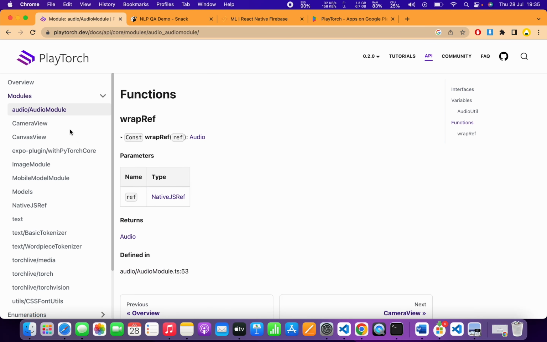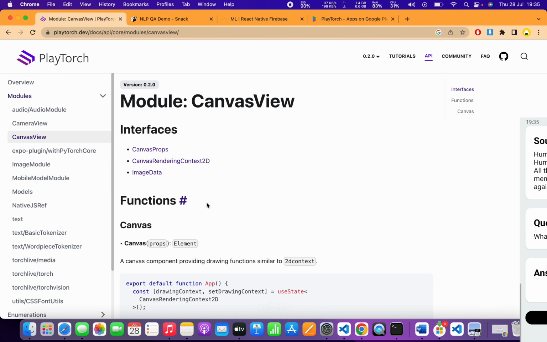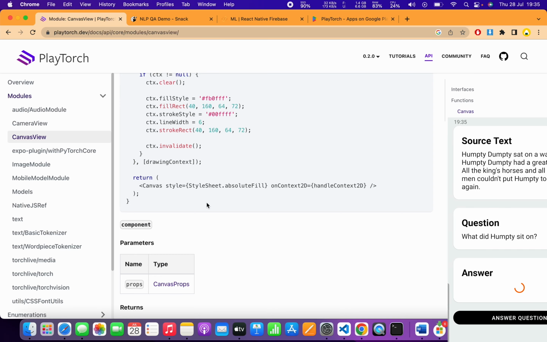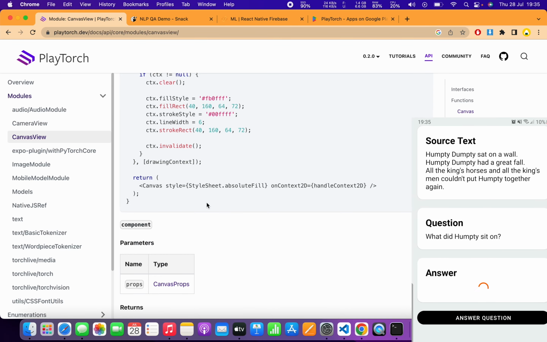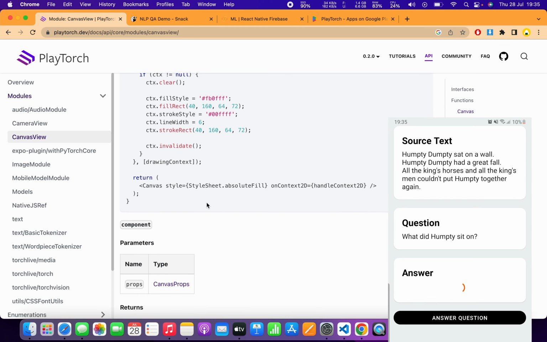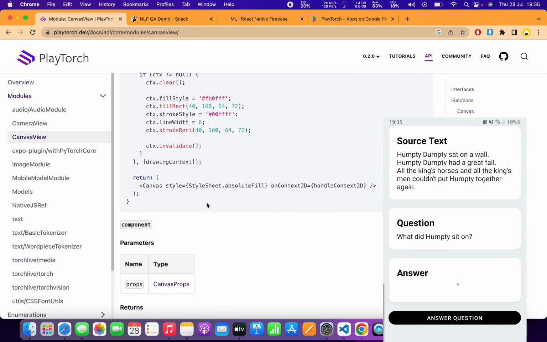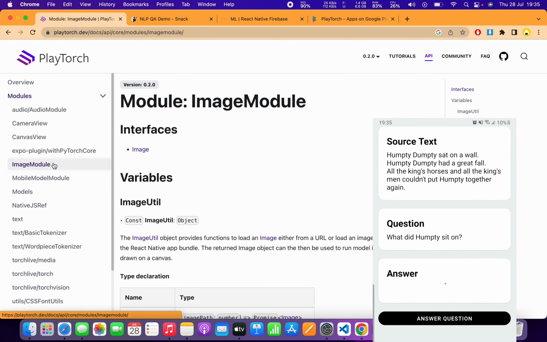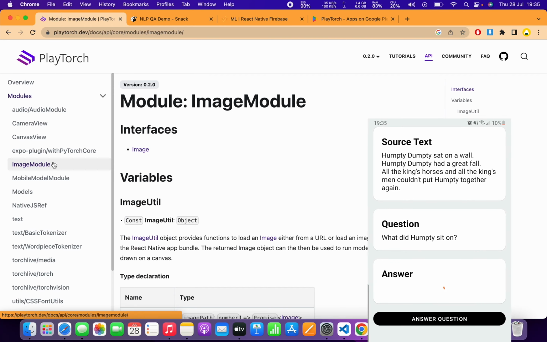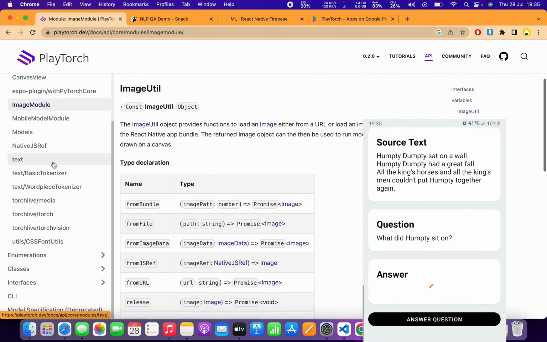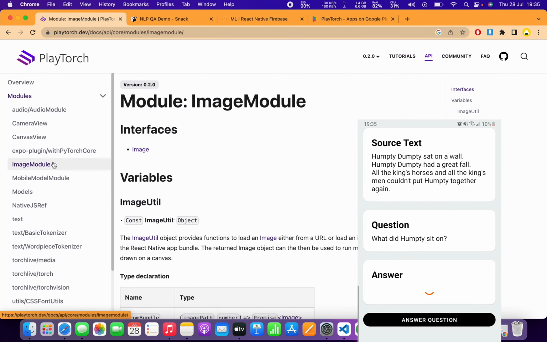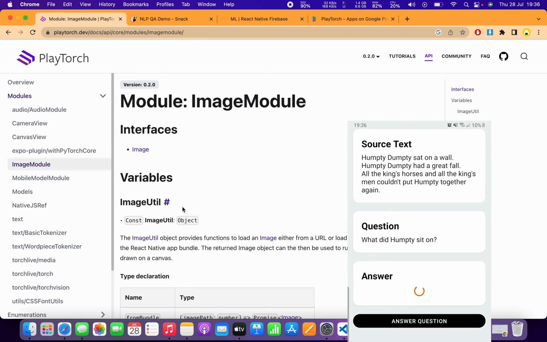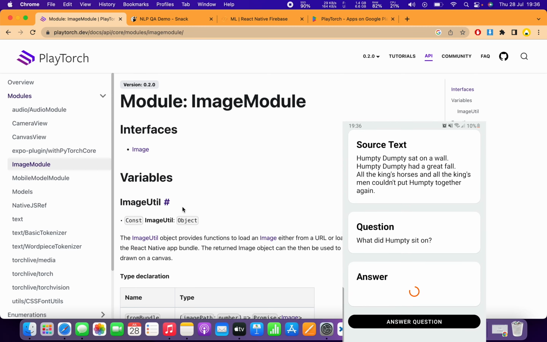They have good stuff because you can play around with audio, you can play around with video, with the canvas. The canvas is the ability to draw items within the app, and, for example, recognize text in a notes app, or you can do a bunch of things. And then they got image models. So yeah, I'll play around with this, and probably do a video as well where I compare Google's machine learning models and PlayTorch by Meta